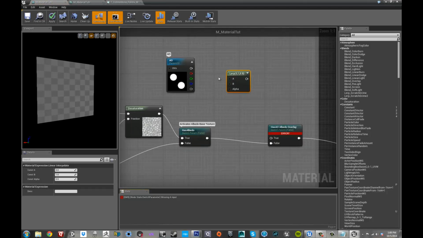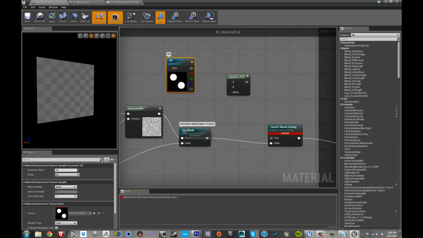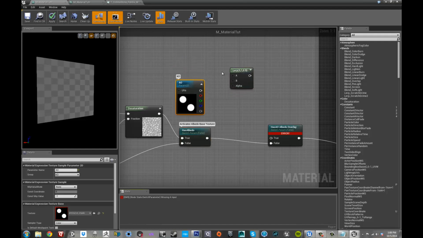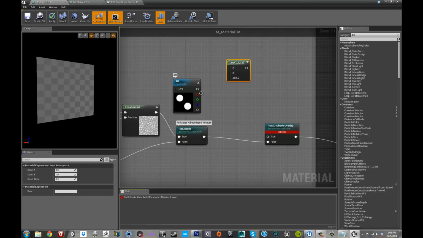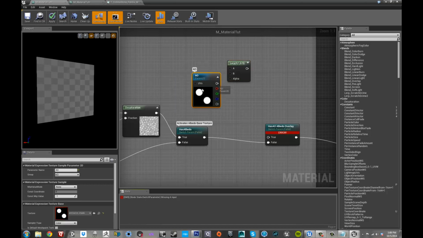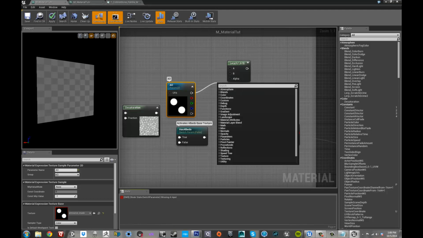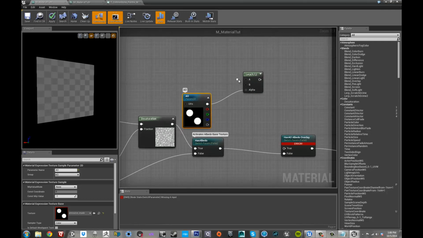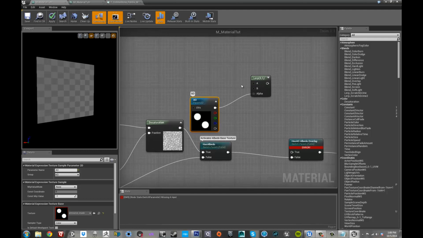Basically what it's going to do is try to linearly interpolate between this map and the others via an alpha. Okay, so what we're going to do is use this map as the alpha. Okay, we're going to plug that into the alpha, and we're also going to use the A and the B